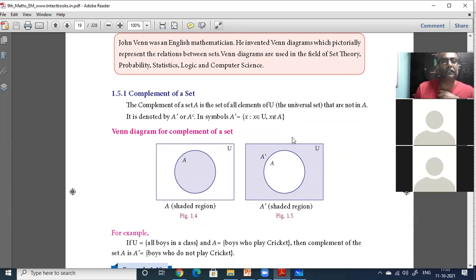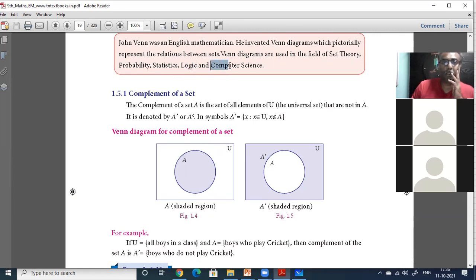Venn diagram is a very important way of visual reasoning. Your imagination is very useful here. It can help you simplify your mathematical way of writing. Instead of writing expressions, if you draw a Venn diagram, you will get great clarity. John Venn found out Venn diagrams, so his name is taken for them. This is a pictorial representation of set relations. Not only in set theory, you will find Venn diagrams in probability, statistics, and logic.